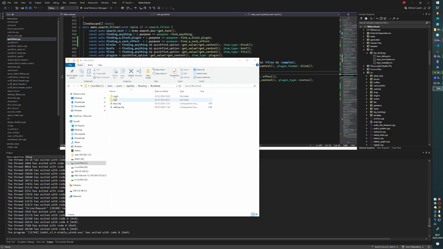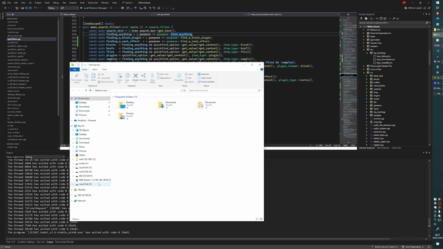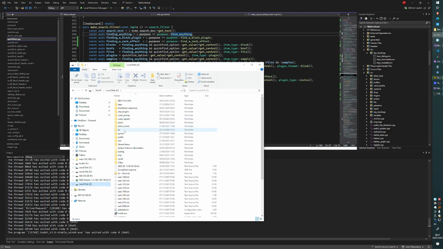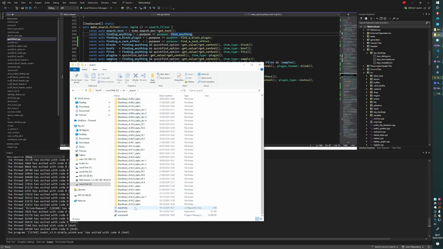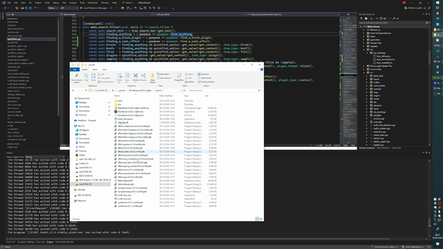Good morning. Okay, I need to investigate something that I've been procrastinating on for a long time. But it's kind of important. If Blockhead cannot load this file for some reason, if I just rename it,